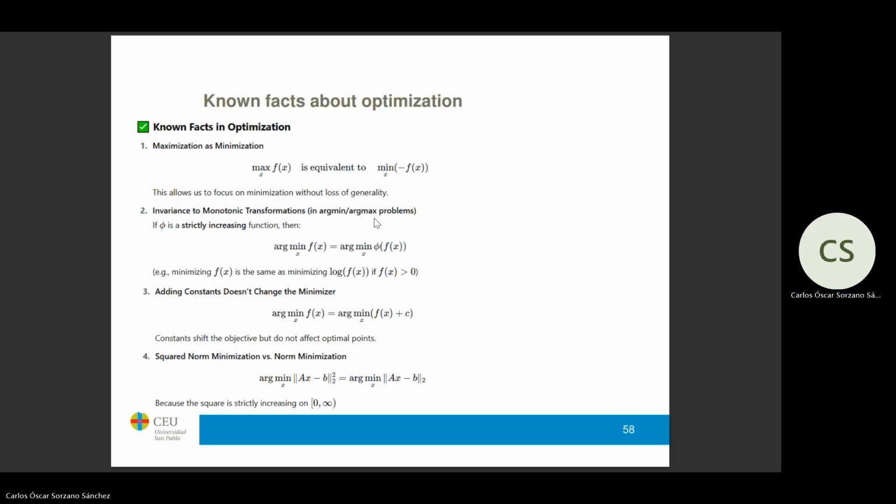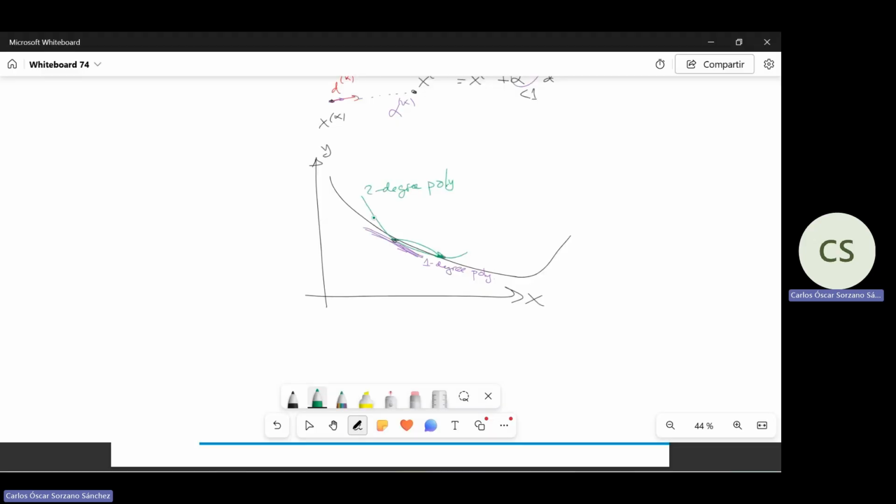Another one is if I apply a monotonic transformation to my function, so phi is a strictly increasing function. I want to minimize f. It's the same minimizing f or minimizing f through that function. And this is very important in some cases. So, for instance, here,